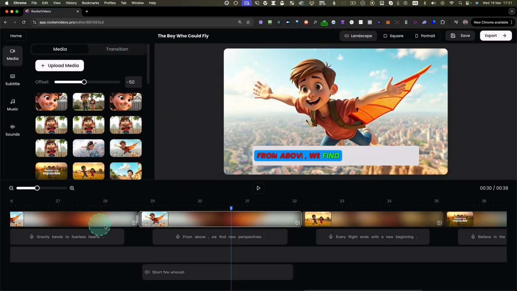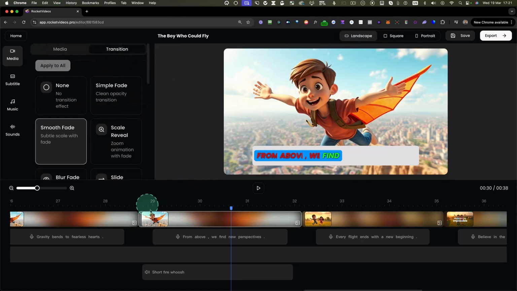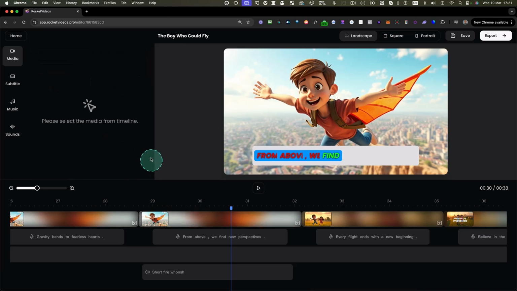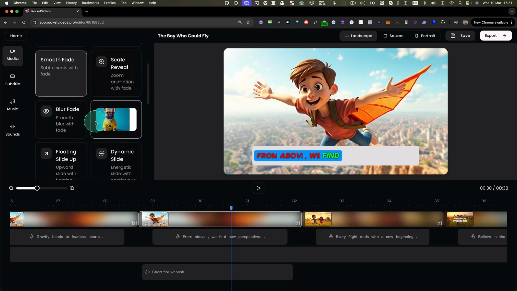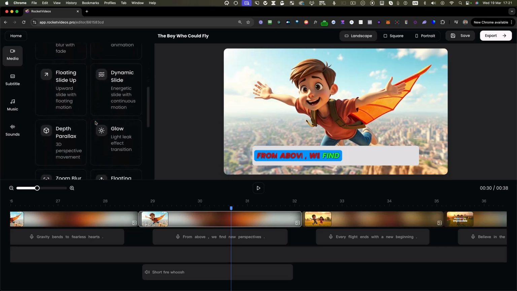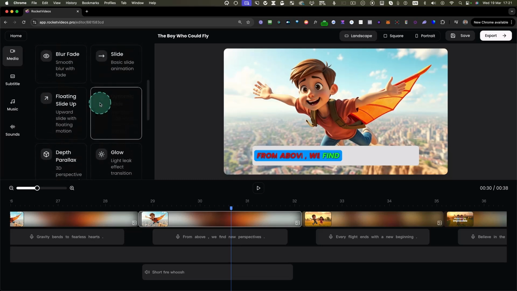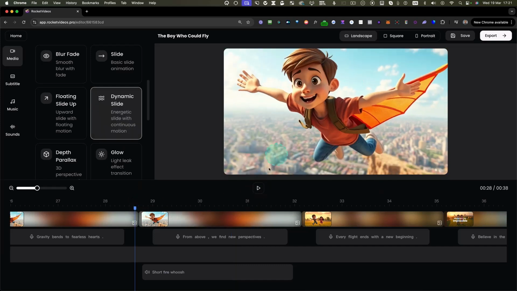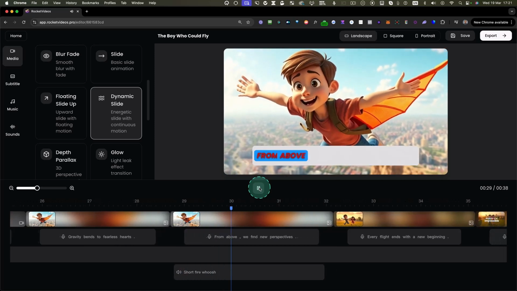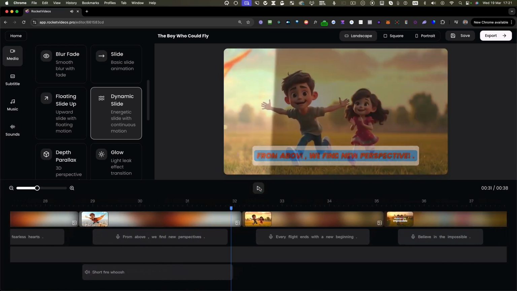Also transitions. So when you go to the transition tab here, you select the video. And once you've selected the video, you can choose the transition. So we have different transitions in our video editor as well. So you could do a dynamic slide, for example. So when we play the video, it will be a dynamic slide like this. So for each slide, you can add an